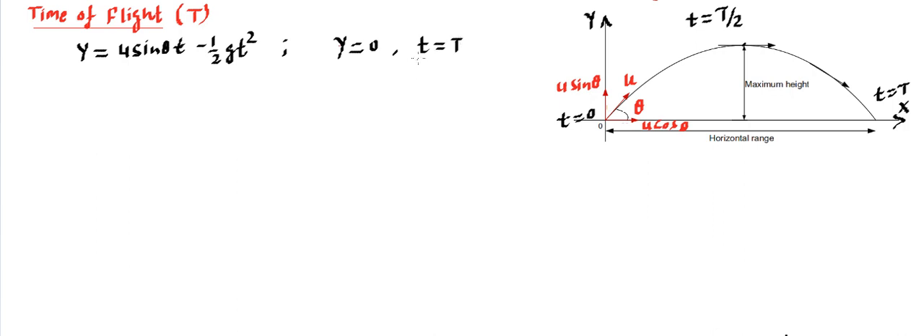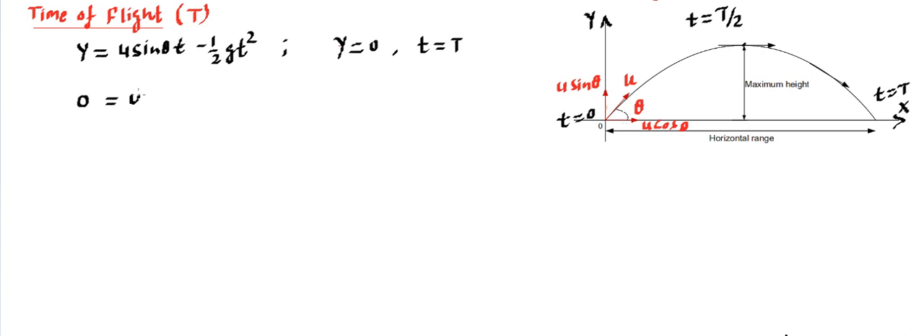Or you can say when t is equal to T, y must be 0, because it comes back on the ground, so that's why the coordinates become 0. So that's what the logic is, or application of the formula is. Once you have got this point, then what you can do is put the value of y over here,